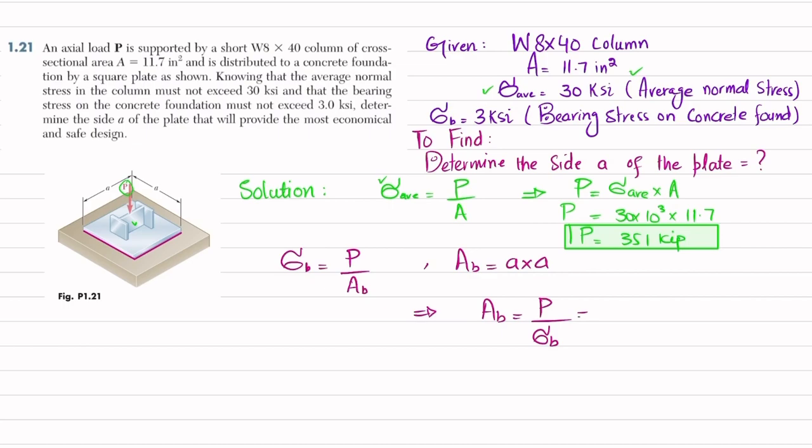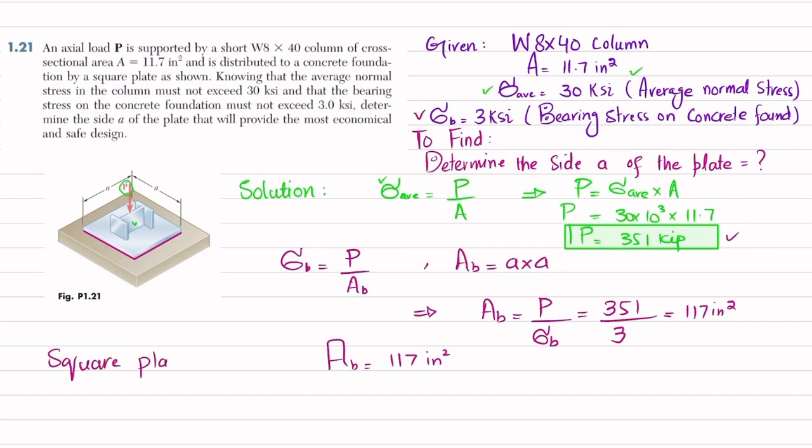So P we have found out, 351 kips. So 351 divided by the bearing stress, which is given as 3 ksi. So divide by 3 will give you the area, which is equal to 117 square inch. Now this is the bearing area which we have calculated, 117 square inch, and we know that this is the